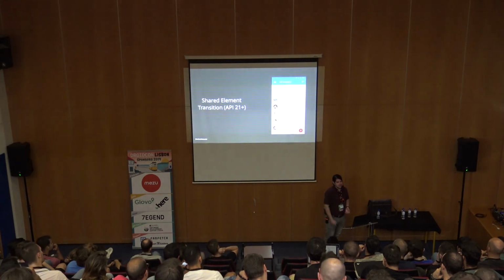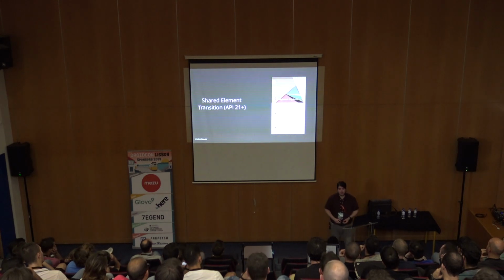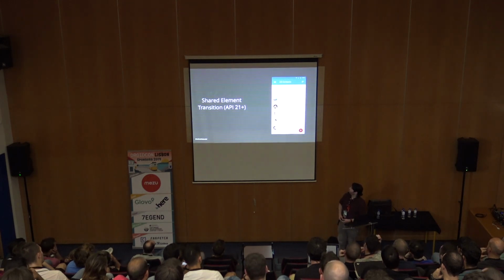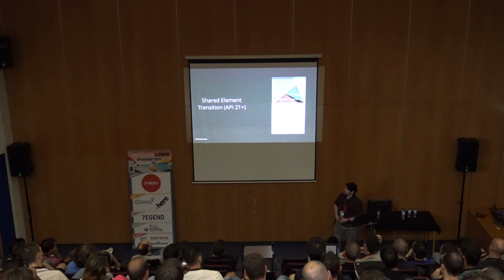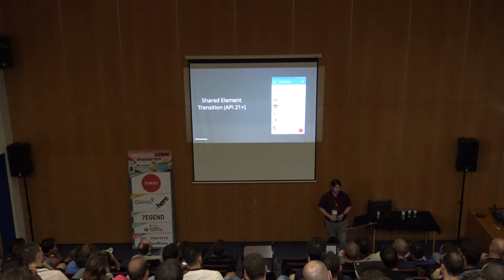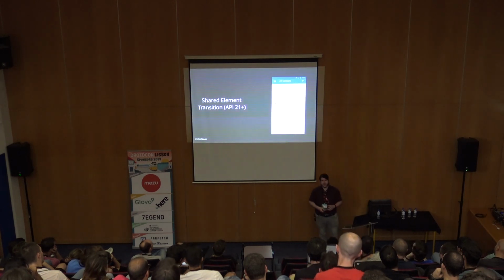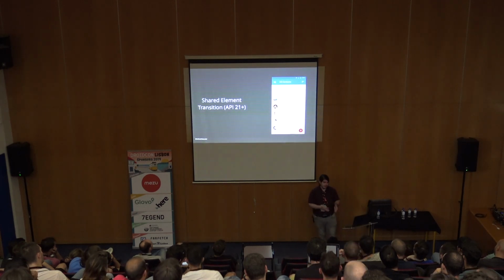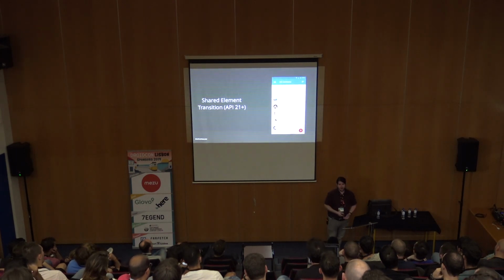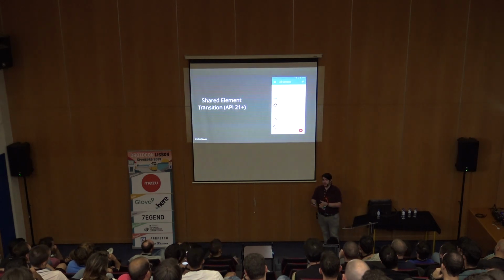Things like shared element transitions. This is API 21 plus. Now, there's a really nice article, I think, from Ian, I can't remember off the top of my head, but I'll share it later, where shared element transitions are only available on API 21 and above. So in the Compat library or the AndroidX library, this is sort of solved with a compat shim, which will then try and gracefully perform the same operation on APIs where it's not available. But on APIs that go a bit further back, it just simply doesn't do anything,